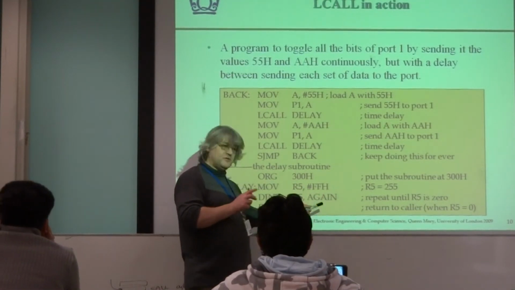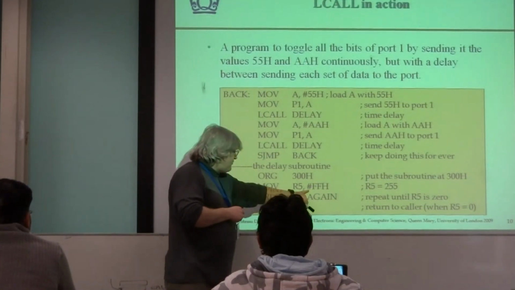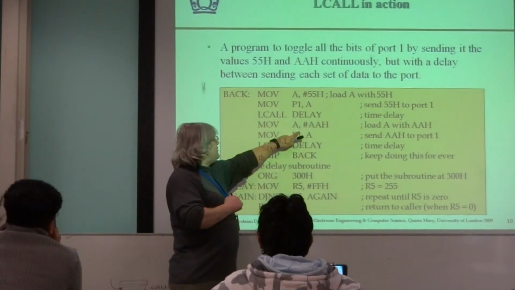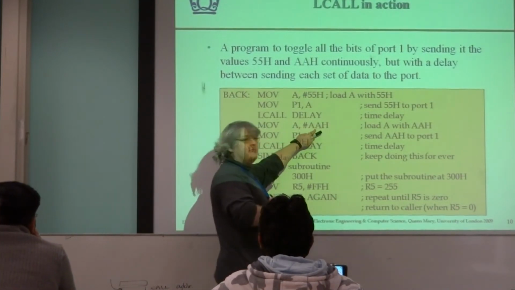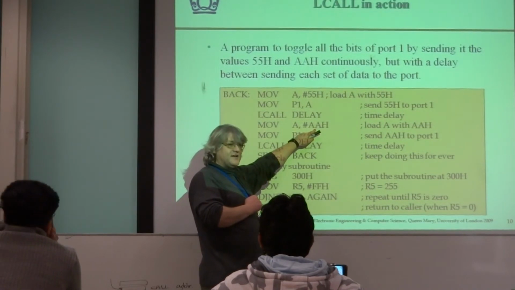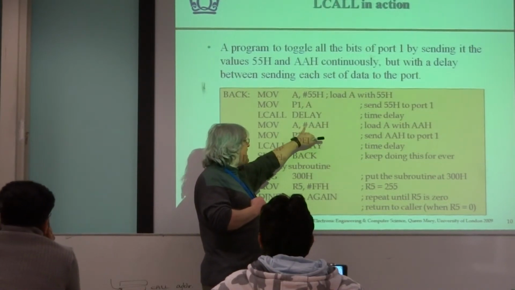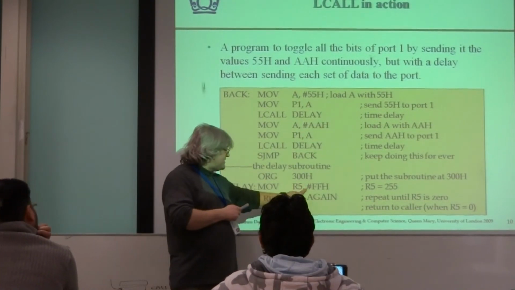Now, I think there's a fault in this program. I haven't double checked it, I didn't write it. But I don't think you'd get away with that, and I don't think you'd get away with that. Most assemblers will complain because they'll think that's a label. And it's not a label, it's an immediate address. What there should be here, it should say hash 0AAH. And here, it should say hash